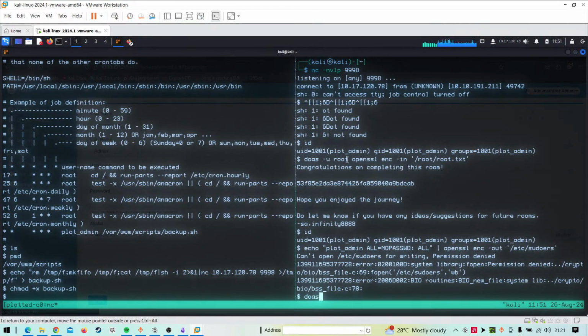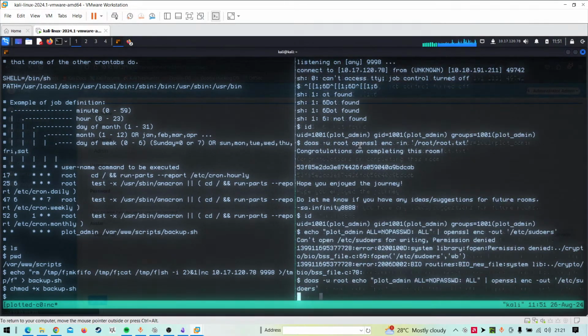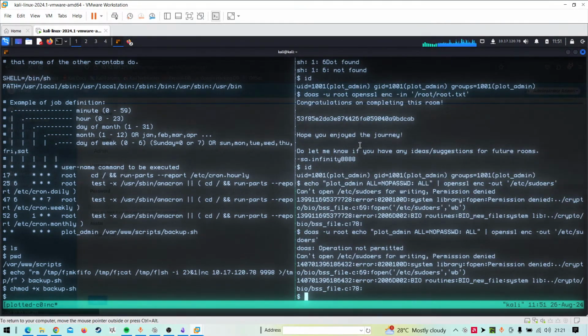You have to use a particular format. So if you just copy the entire line of code and use sudo -u root somewhere else and then perform this, still getting permission denied.